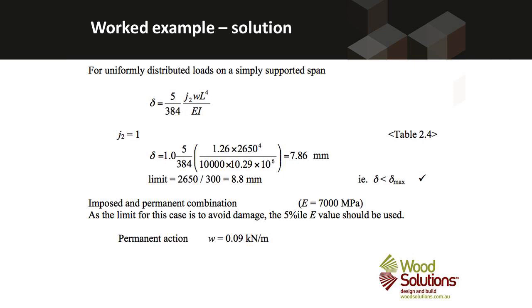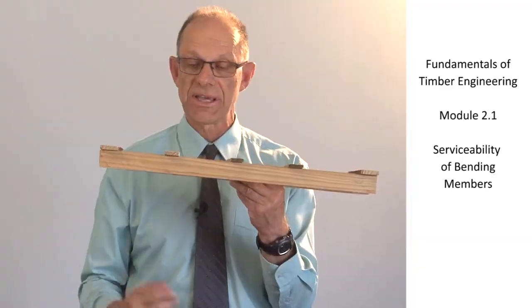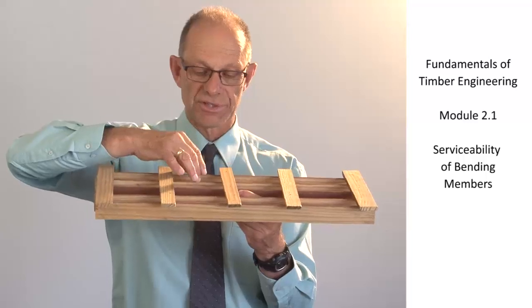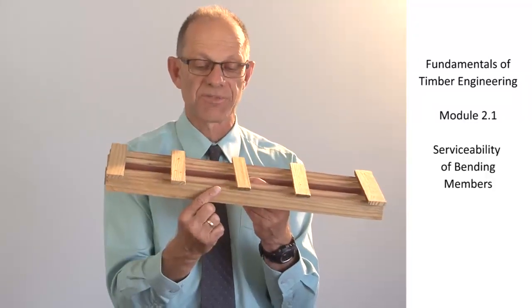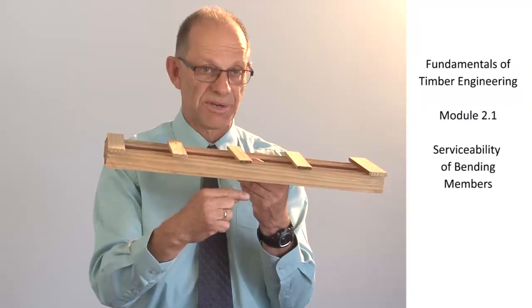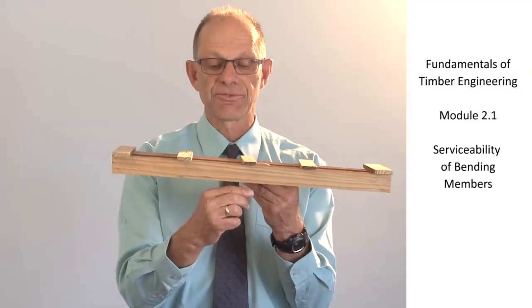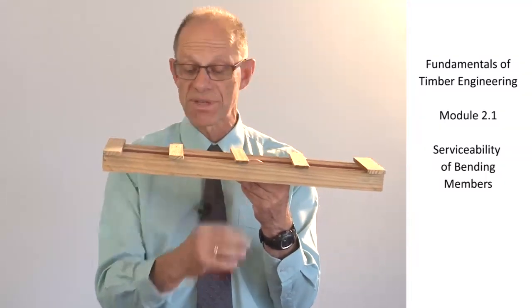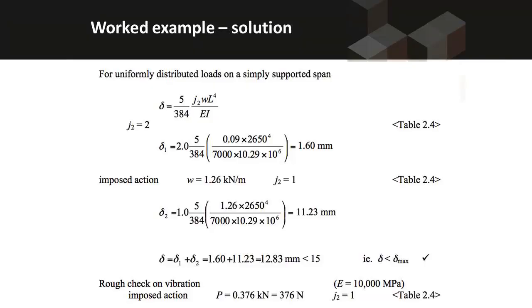The imposed and permanent combination, that was the one where we're looking at avoiding failure of a partition under one particular floor joist. In this case, it's not the modulus of elasticity of all of the floor joists that we're concerned about. It's just the modulus of elasticity of this floor joist over the top of the partition. So for that particular floor joist, we're going to use a 5th percentile estimate. That way we'll always be conservative. So we're not using 10,000 megapascals. We'll use the modulus of elasticity that we estimate to be the 5th percentile for this product, and that's 7,000